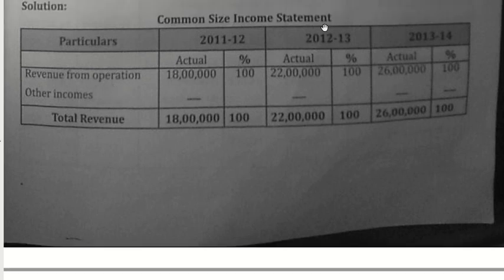So you start with common size income statement. The first is revenue from operation. Take total of both your sales, which is the cash sales and your credit sales, for all the 3 years we have taken, and your total percentage is how much? 100%. Irrespective of how many years you get, it will be 100% of your sales, because every other item you are showing to a percentage of sales. Other incomes, you do not have anything here. You total up your revenue.